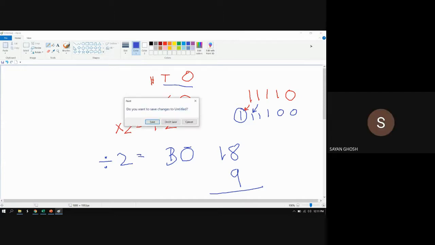Sir, in that case, we will use the left shift register, sir. In this case, this is actually the left shift register. For multiplication, it should be the left shift register. For division, it should be the right shift register. But remember this thing, this is actually the multiplication by 2 only. Okay, sir.